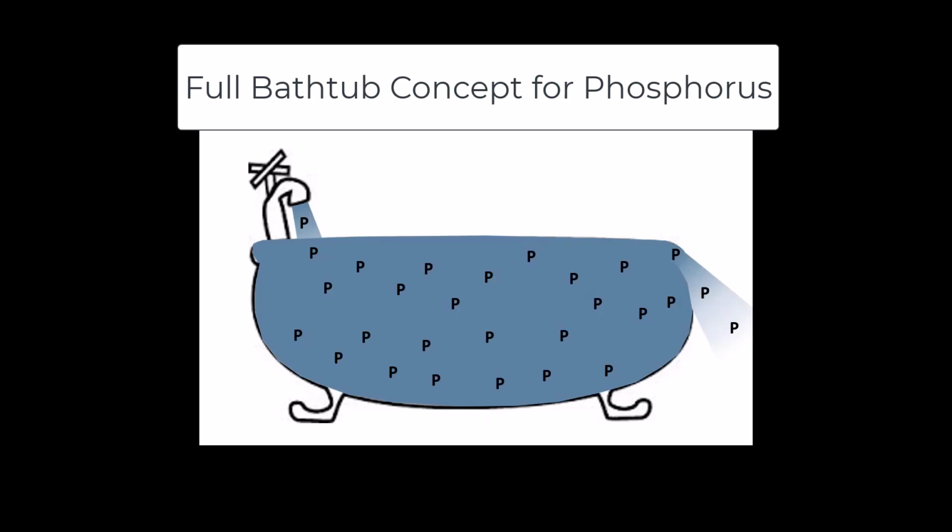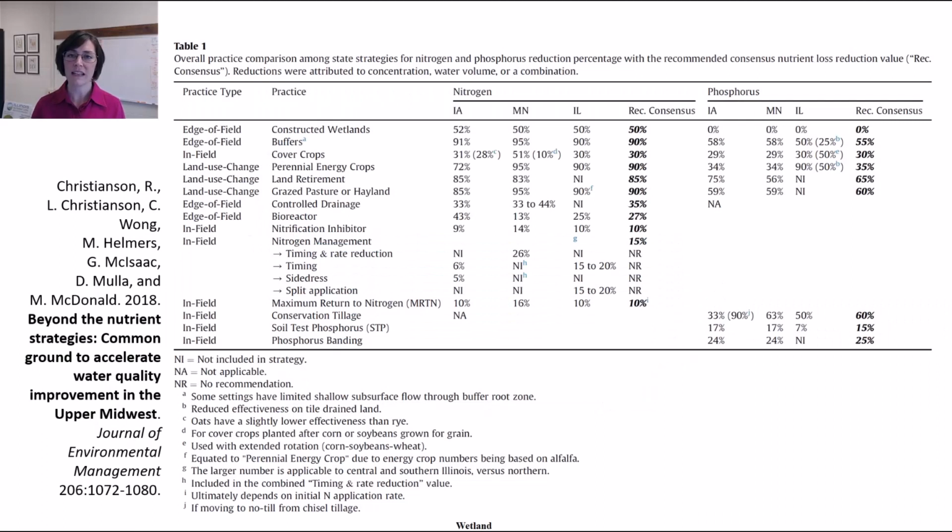Last note on this, it may be that wetlands should get an initial phosphorus loss reduction credit when the wetland is new, before that wetland has really saturated with phosphorus. Some wetlands advocates are promoting this idea, but we haven't actually added that into our state strategy yet.